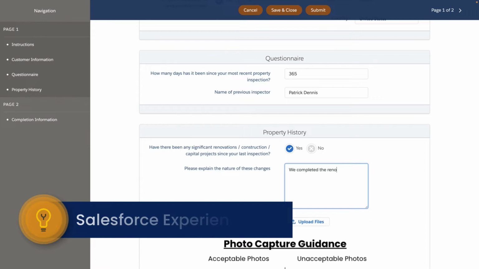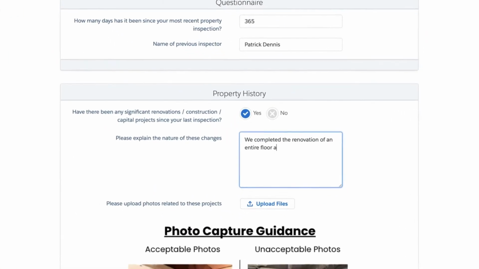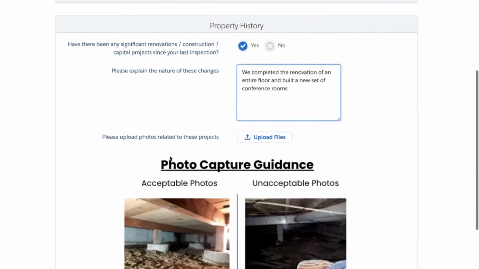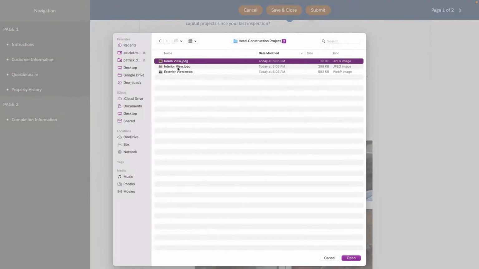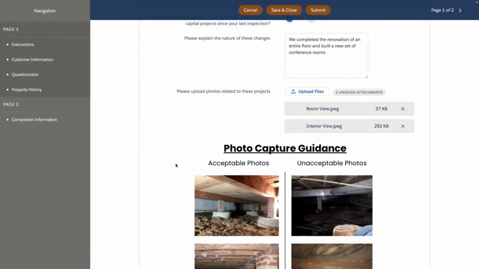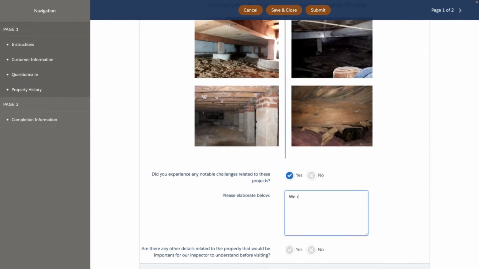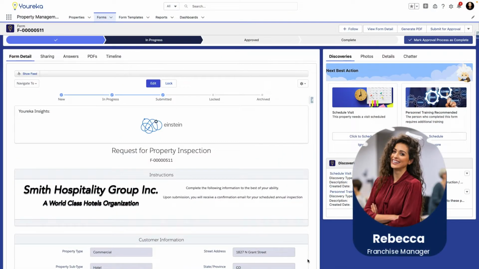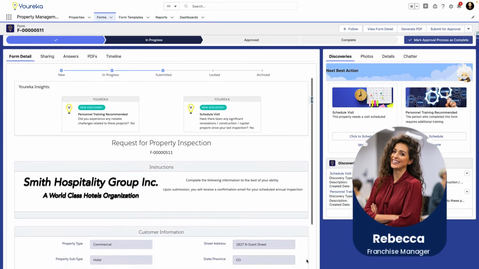And as he fills out the form, it's going to show and hide new information and new questions that he needs to complete in order for the inspection request to take place. He can even upload files and photos of some of the projects that he's done this past year at the hotel. When he's finished, he'll sign and submit the form, and Rebecca will be able to receive all the information